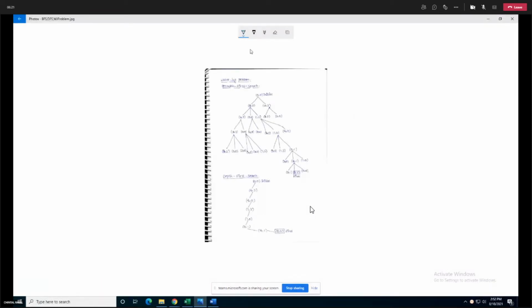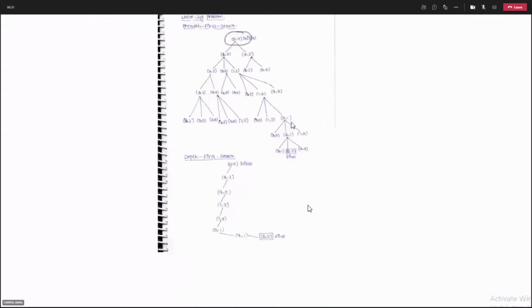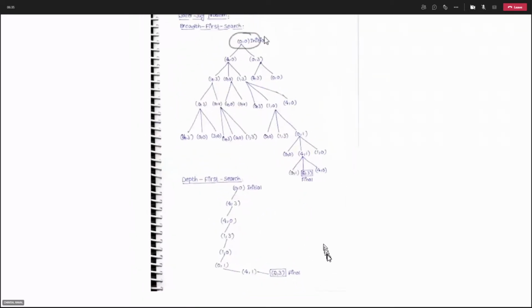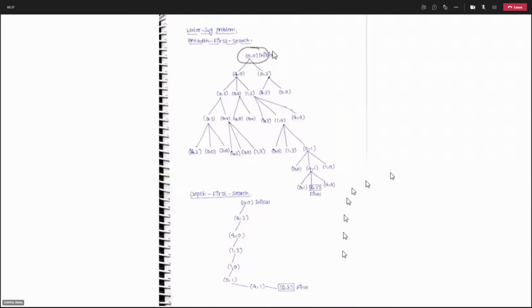For this particular state, two rules are applicable, so we apply each and every rule and generate the new states. Now look at 4, 0. For this state, three rules are applicable.